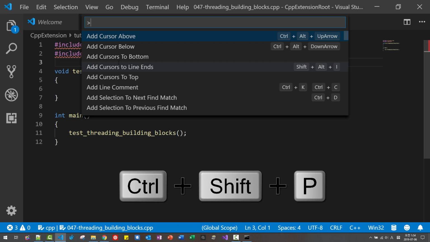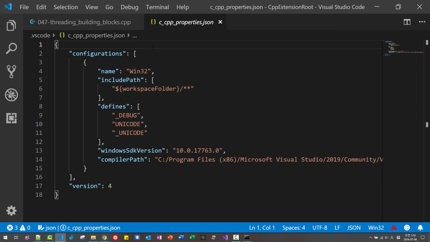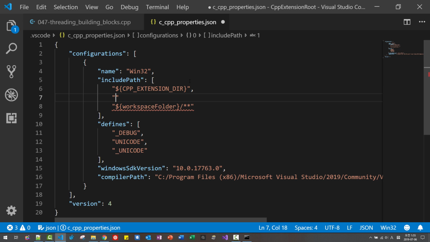Ctrl Shift P, edit, configuration JSON. Here, quote, $CPP extension dir, comma, quote, $TBB include dir, like this,